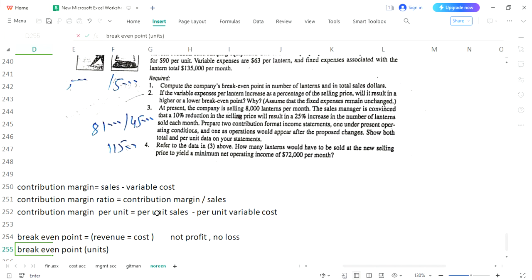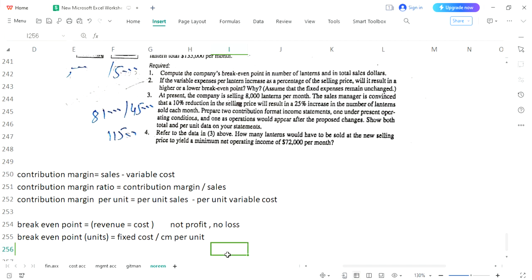So how do you calculate? You need fixed cost and you will divide it by CM per unit. CM per unit means contribution margin per unit, and you have already calculated that contribution margin per unit over here. This would be your break even point in terms of units, and then you have also calculated your break even point but in terms of dollar